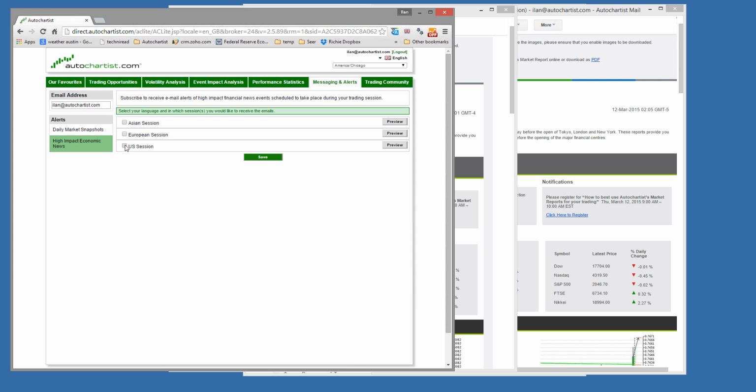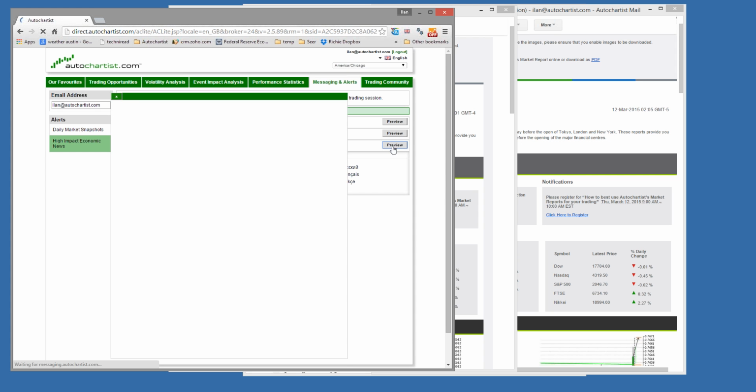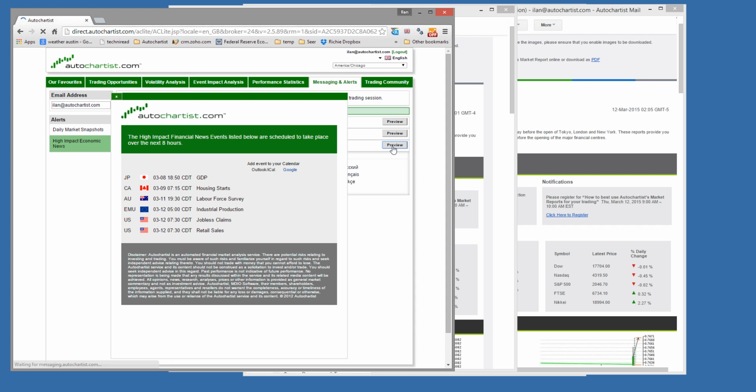I live in the US, so I will click on US session, English, and then click save, and it'll tell me thank you for subscribing. I will get an email to my email address, which is listed on the top left hand side here, in the morning before the opening of the US session. What this email will look like is quite simply like this.